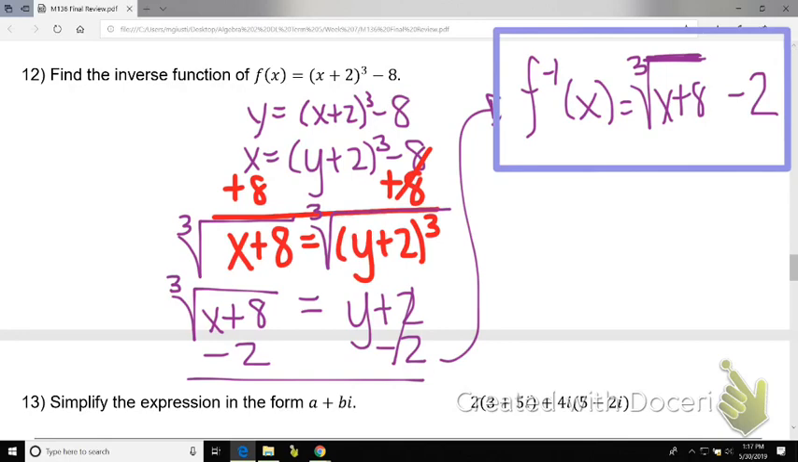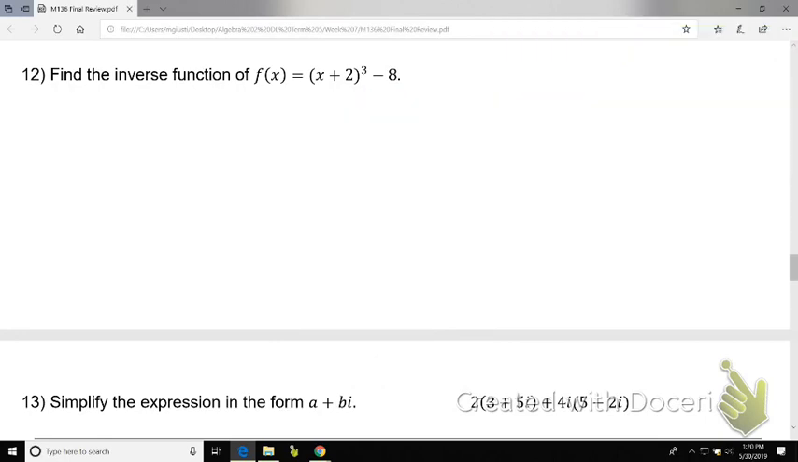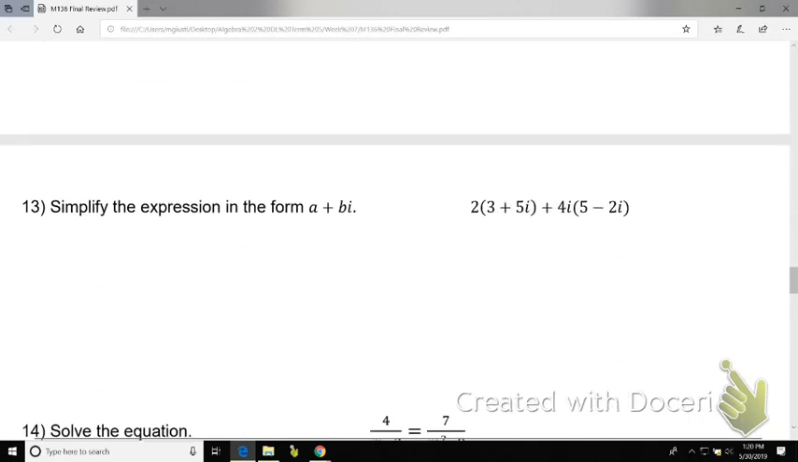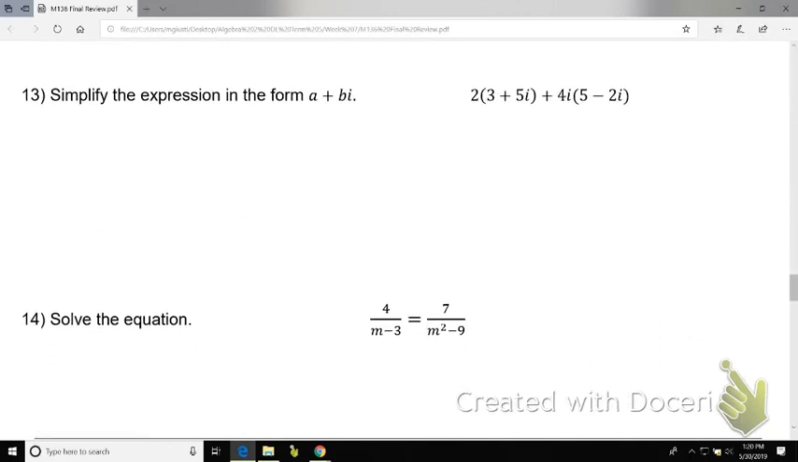Okay, then number 13 says simplify the expression in the form a plus bi. So distribute first. Watch where you get your i squareds. Okay? So if we multiply this out, what would you get there? 6 plus 10i. Okay? Then we want to distribute 4i. So 4i times 5 is 20i. And then it's just,